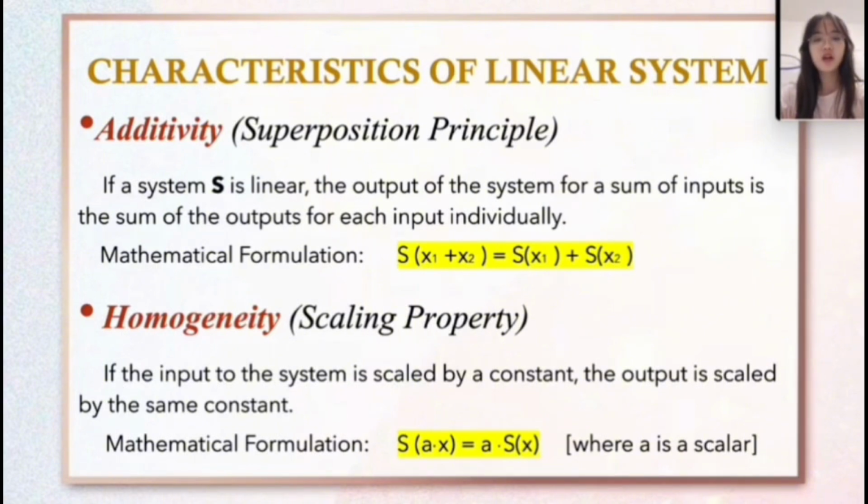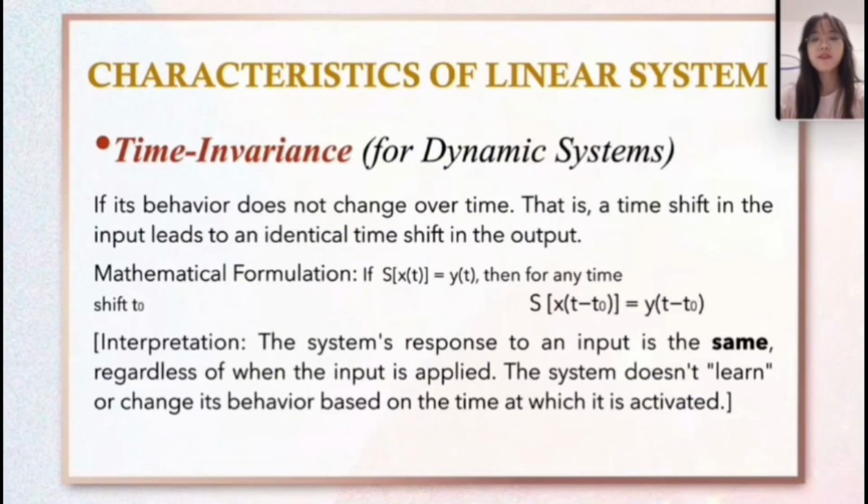Then, let's have a short talk about homogeneity, also named the scaling property. It means that if the input to the system is scaled by a constant, the output is scaled by the same constant, whose mathematical formulation is S(αx) = αS(x), and also